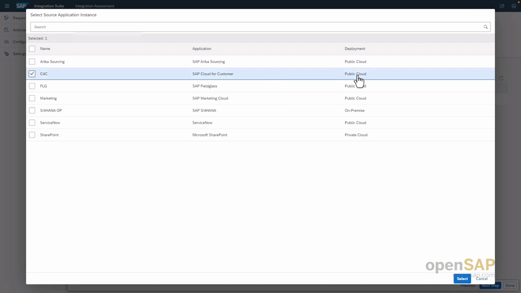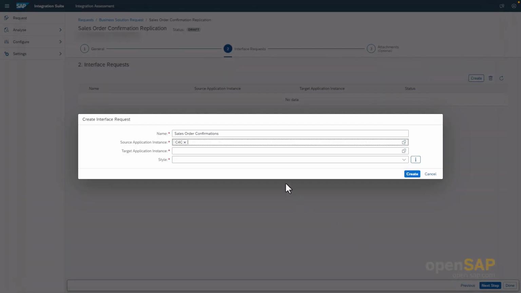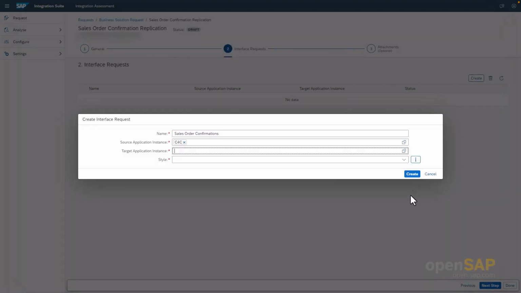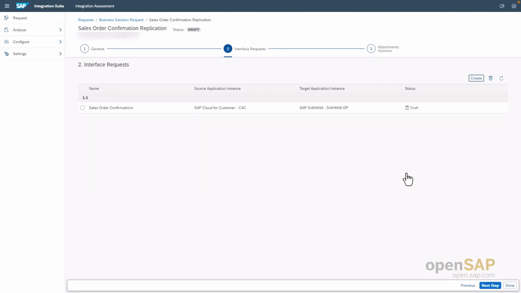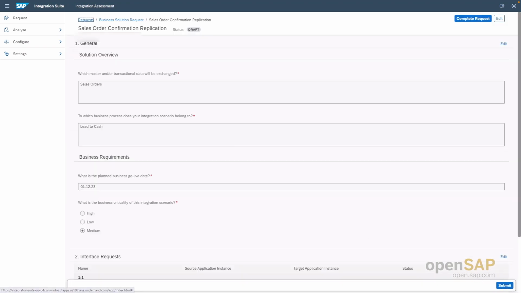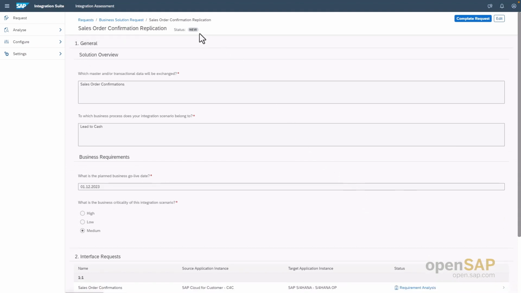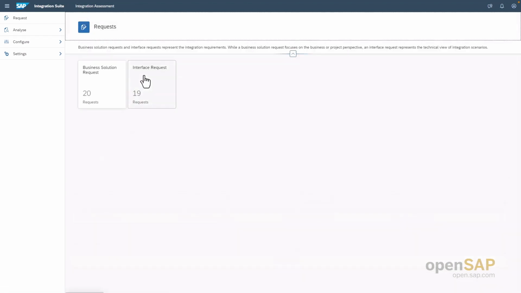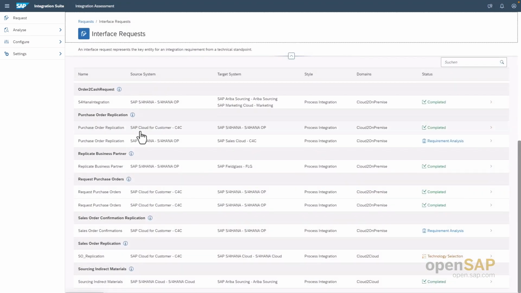I can provide information on my source system, for example, a Cloud for Customer system in the cloud, as the name says, as well as, for the target application, we could include here an SAP S/4HANA system. It's a process integration style. And then last but not least, as part of this business solution request, we can upload additional information, URLs, specifications, etc., and then submit the request so that in the next step, the integration developer sees this interface request,